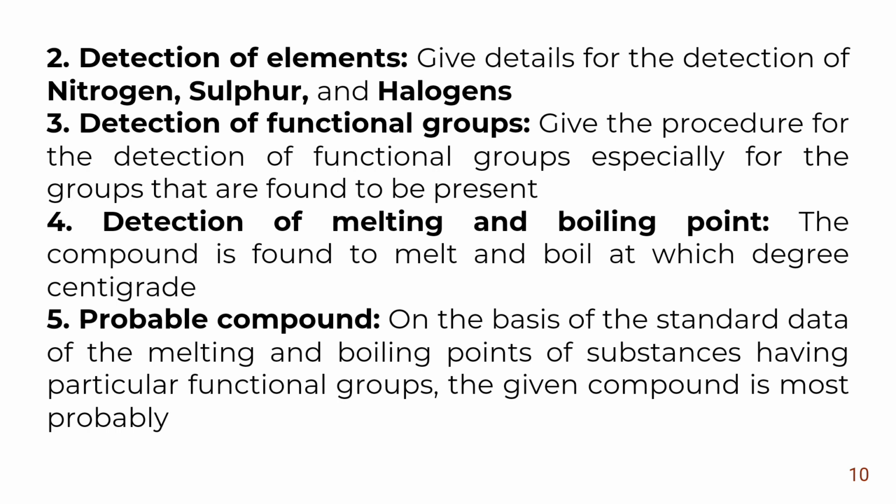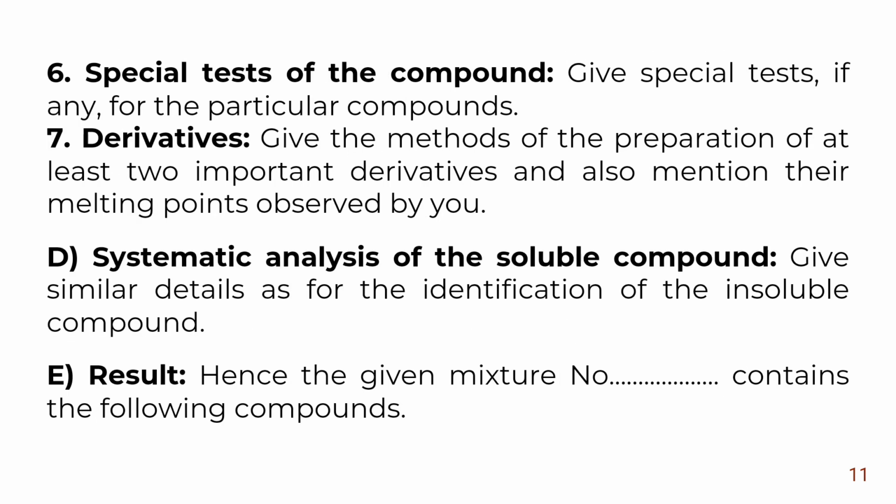Determination of melting and boiling point. The compound is found to melt and boil at which degree centigrade. Probable compound. On the basis of the standard data of the melting and boiling points of substances having particular functional groups, the given compound is most probably. Special tests of the compound. Give special tests, if any, for the particular compounds. Derivatives. Give the methods of the preparation of at least 2 important derivatives and also mention their melting points observed by you. Systematic analysis of the soluble compound. Give similar details as for the identification of the insoluble compound. Result. Hence the given mixture No. contains the following compounds: